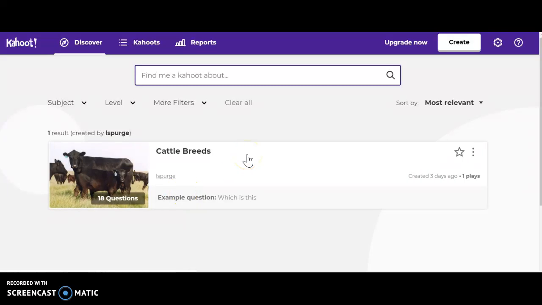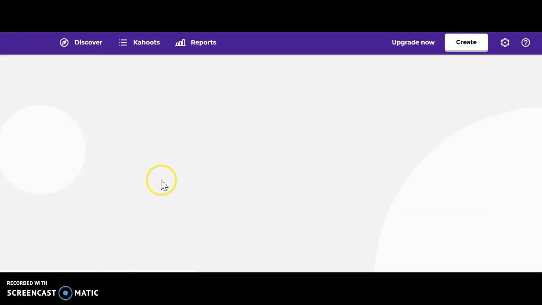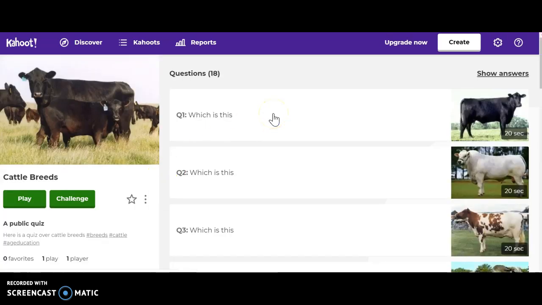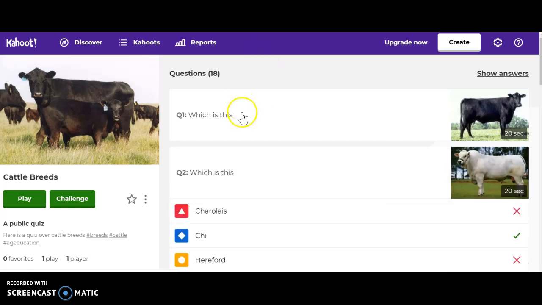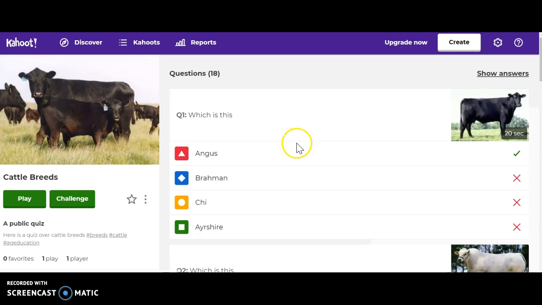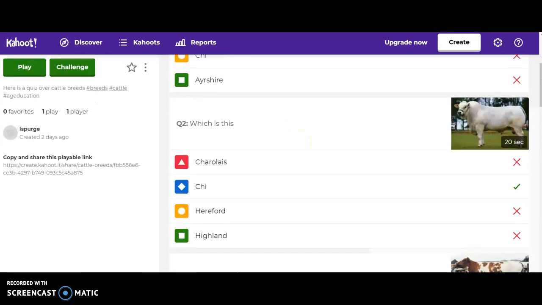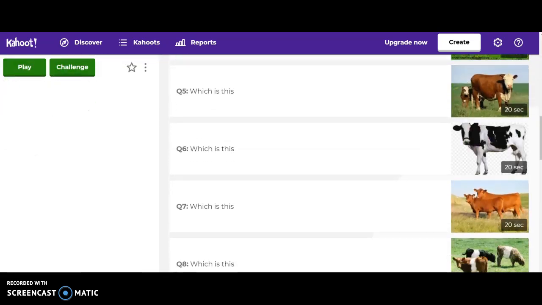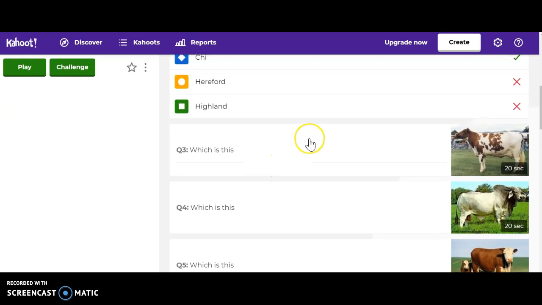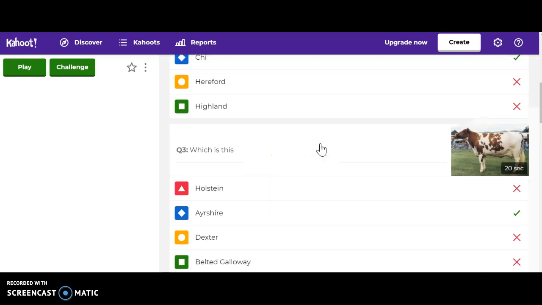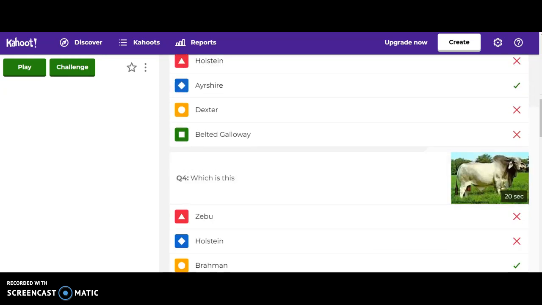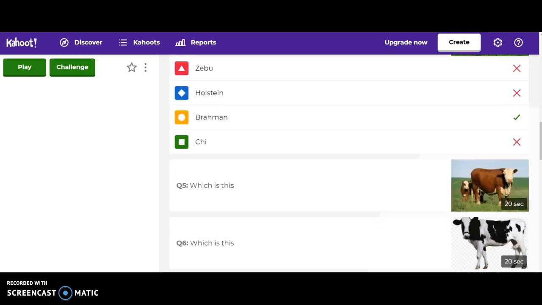So to create a study tool, I created a Kahoot, and it's over my objective of learning cattle breeds. I just picked a few cattle breeds and then put the answers on. What Kahoot will do is it'll put the question up and then randomize the answers, and then students on